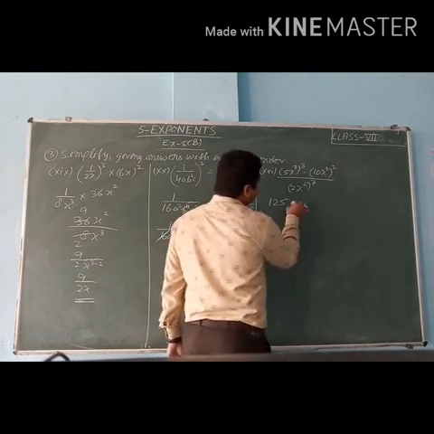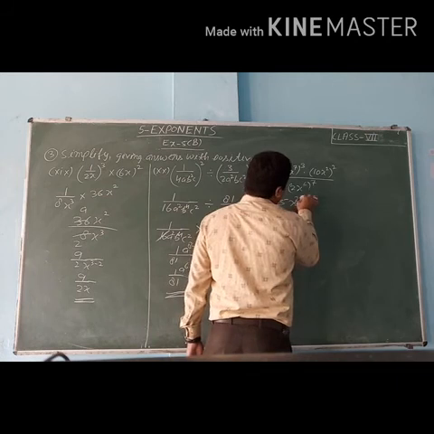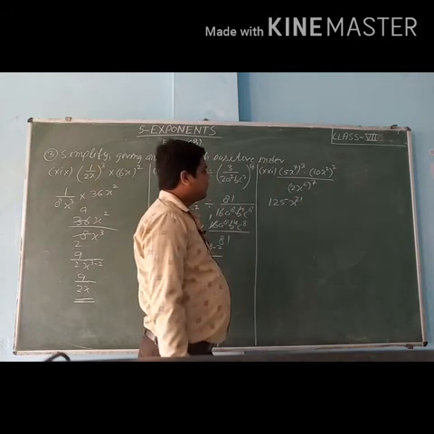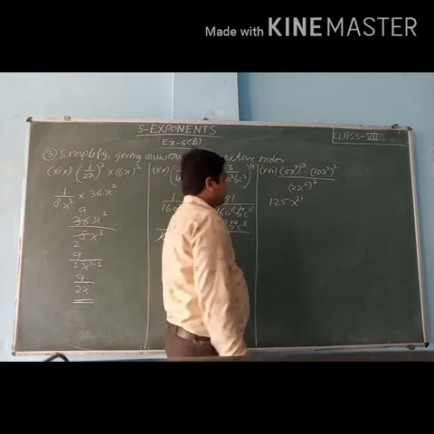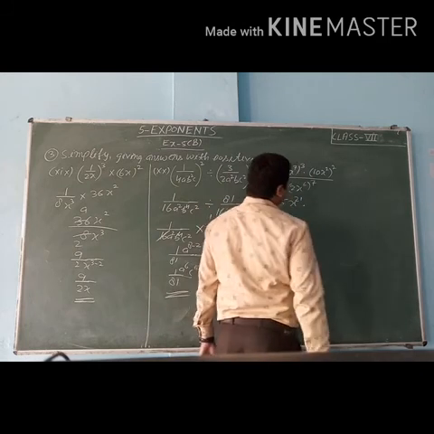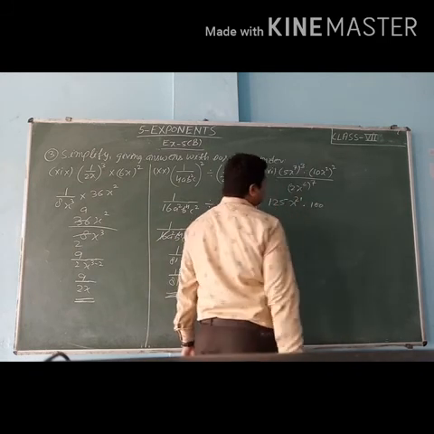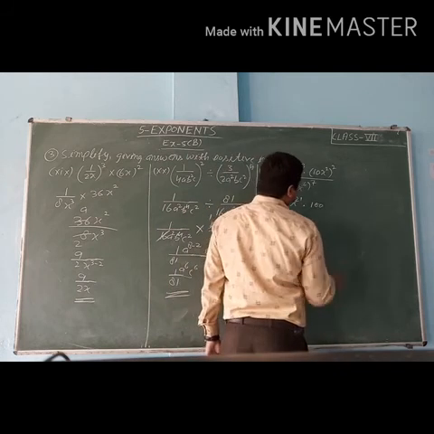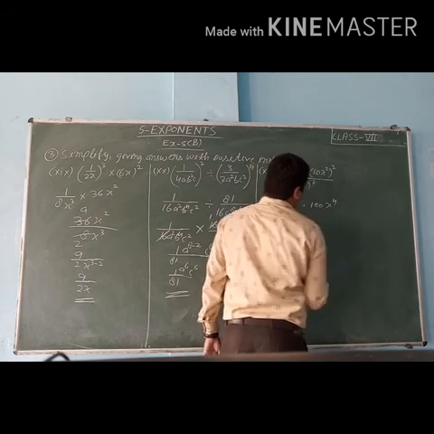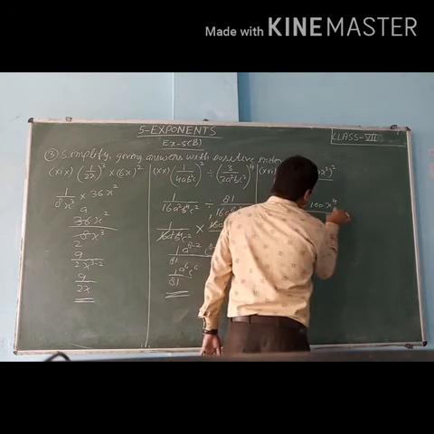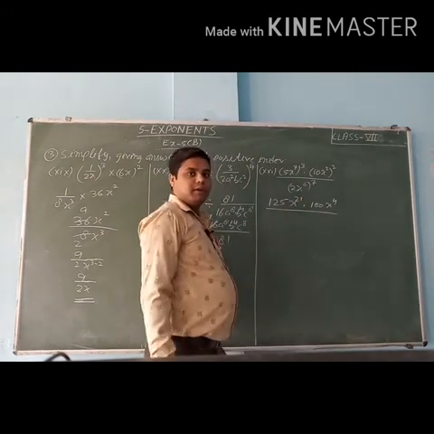Then x raised to the power 7 3s are 21. Then 10 raised to the power 2 means 100. X raised to the power 2 then whole power 2, x raised to the power 4, upon 2 raised to the power 7 means